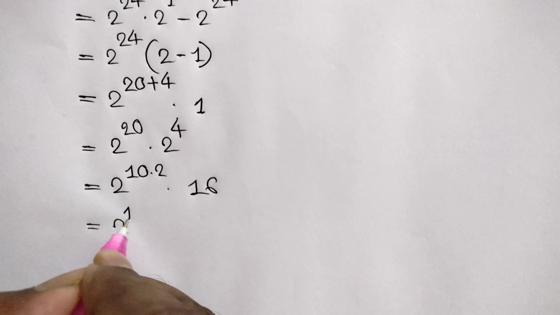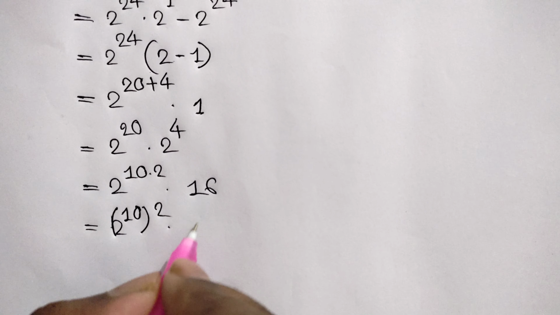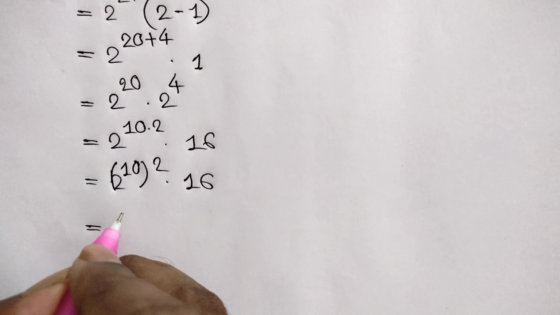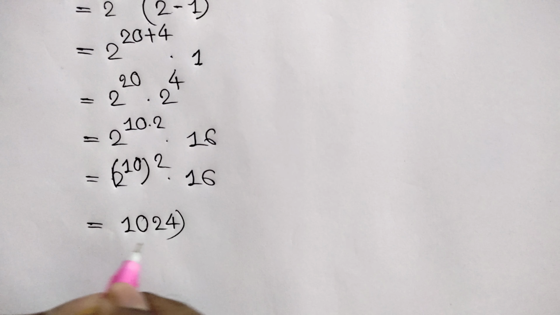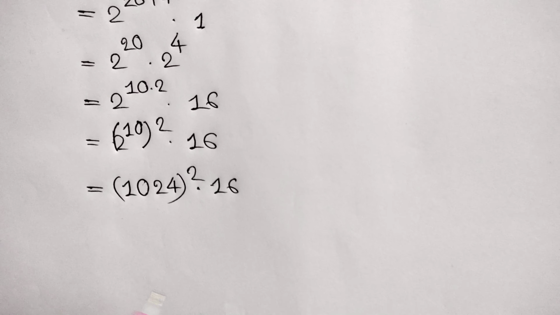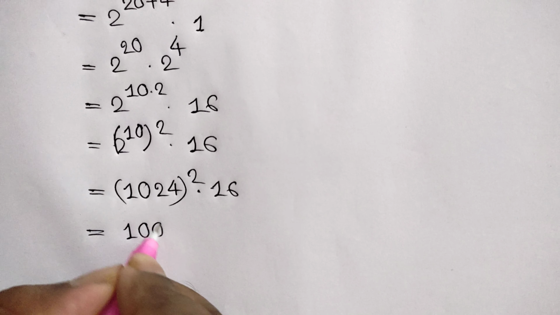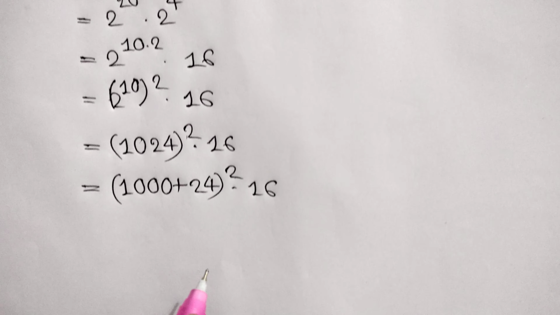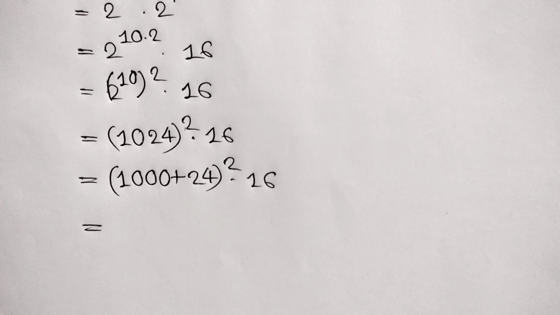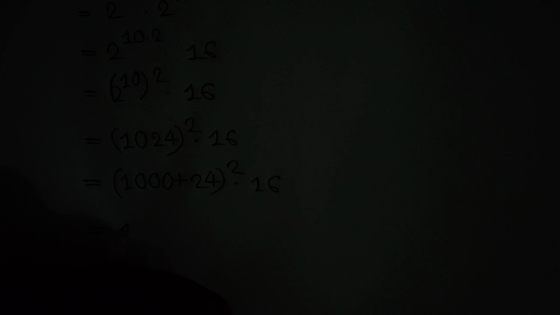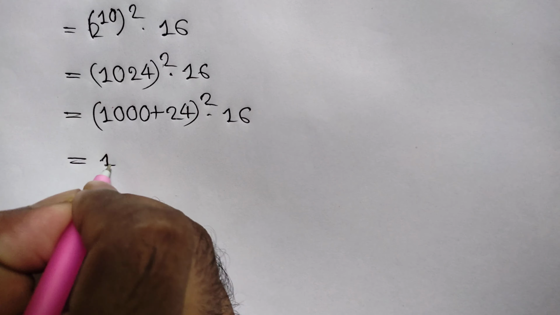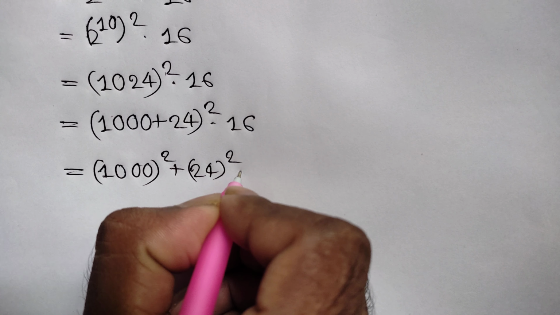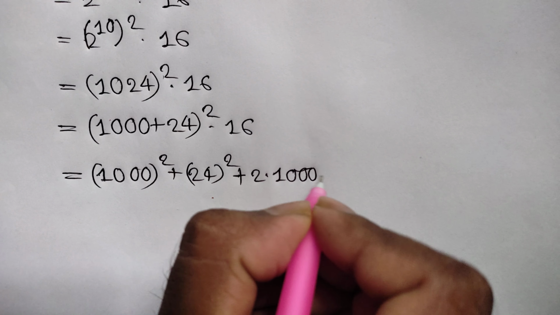is equal to, now we can write here (2 to the power 10) square times 16 is equal to, now we know that 2 to the power 10 is 1024, so we can write here 1024 square times 16 is equal to, now 1024 can be written as (1000 plus 24) whole square times 16 is equal to, now here we can use an algebraic formula, so we can write here 1000 square plus 24 square plus 2 times 1000 times 24,